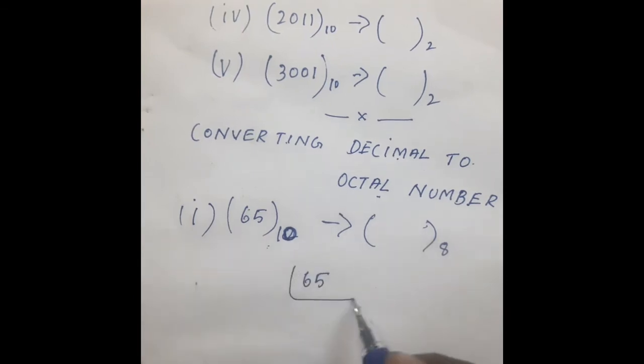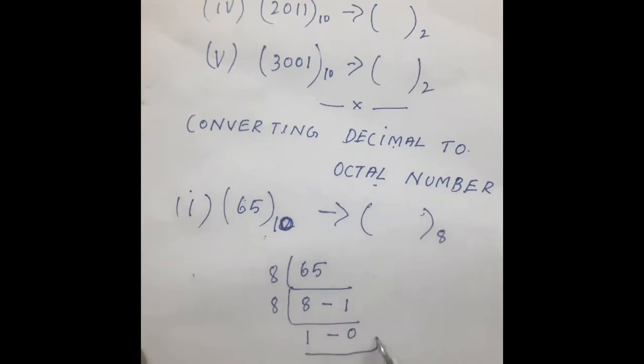65 divided by 8. 8 8s are 64. So remainder 1. Again divided by 8. 1 remainder 0. Now the same direction, that is,